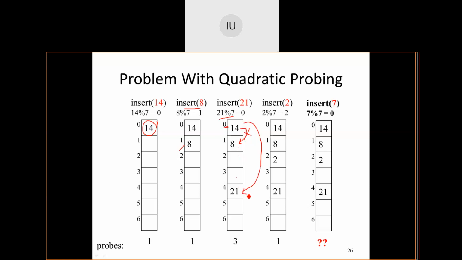This is all right. I want to insert 2 now. 2 is nothing but position 2. This is also all right. Not an issue. Now I want to insert 7. Pay attention to this, guys. 7 I want to insert. You have to have a lot of involvement, only then you'll understand this. Okay. 7 actually maps to 0. Now what will I do? I will do plus 1 square. What is the position right now if I do plus 1 square? Quickly you have to comment, guys, so that I can proceed ahead.